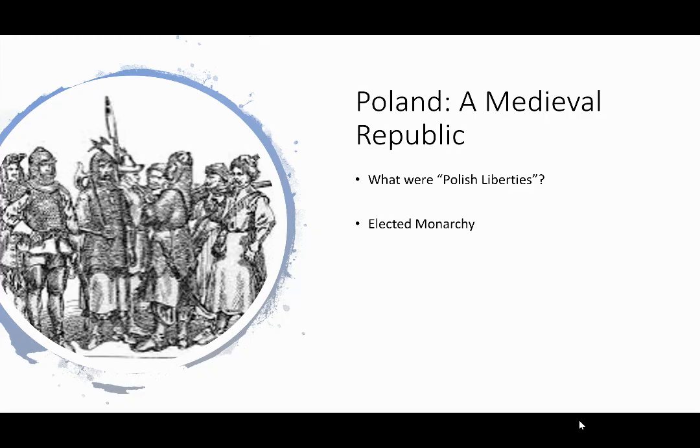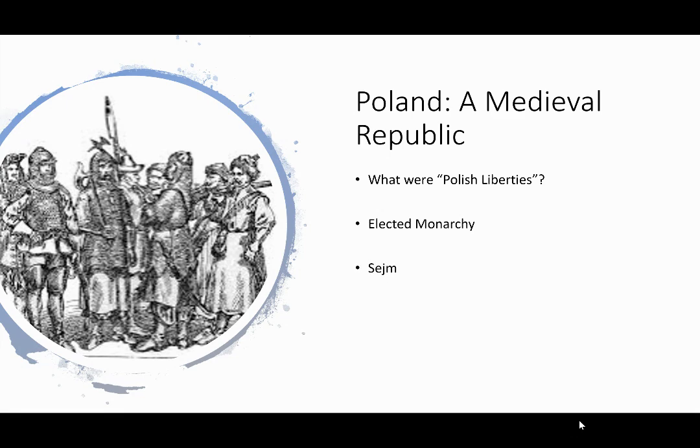Well, the first thing, the nobility believed they had the right to elect monarchs. So if the nobles were able to elect a monarch, that would mean no dynasties were formed. And without a dynasty, there was no predictability of who's going to become the next king. And all of the work done by a Polish king would be undone, because there was no way to inherit that position and power. The elected monarchy denied a dynasty from forming and centralizing. This was one of the Polish liberties held by the nobility.